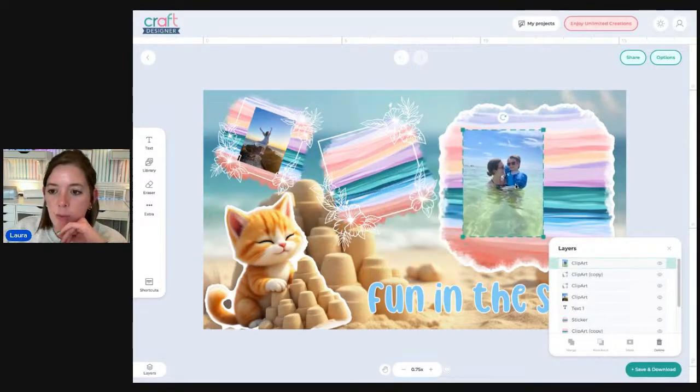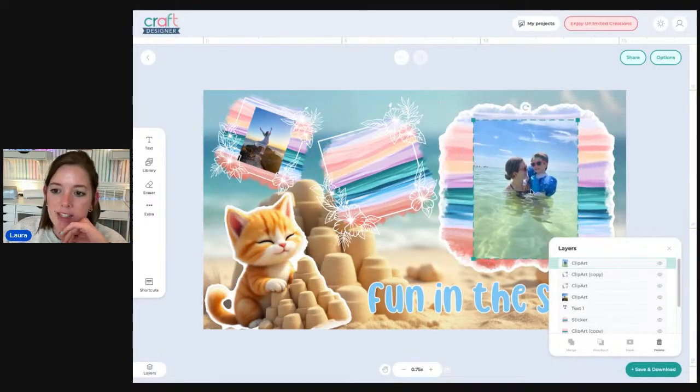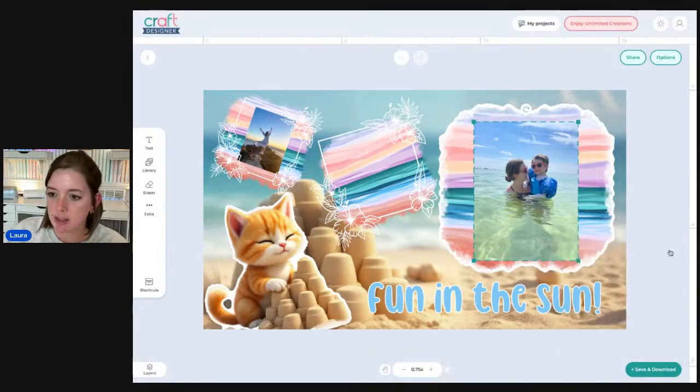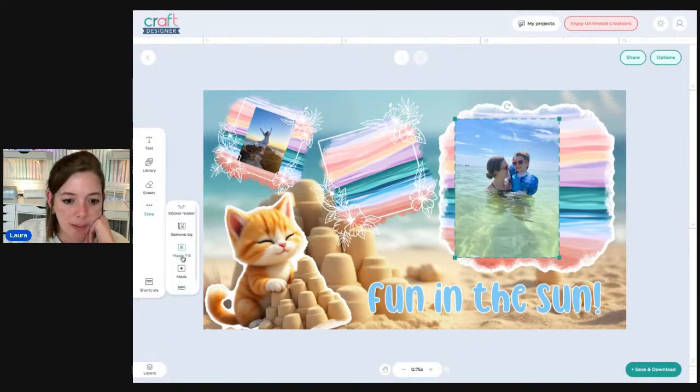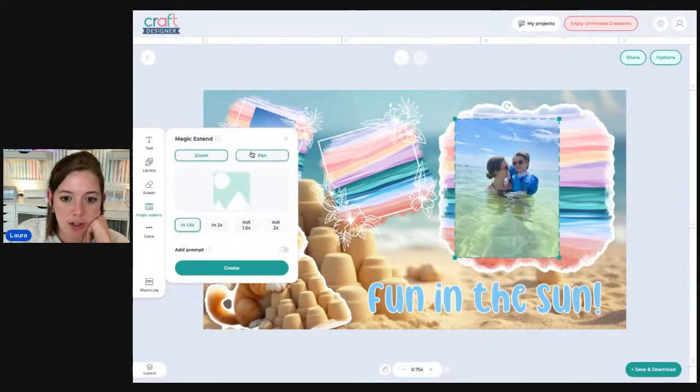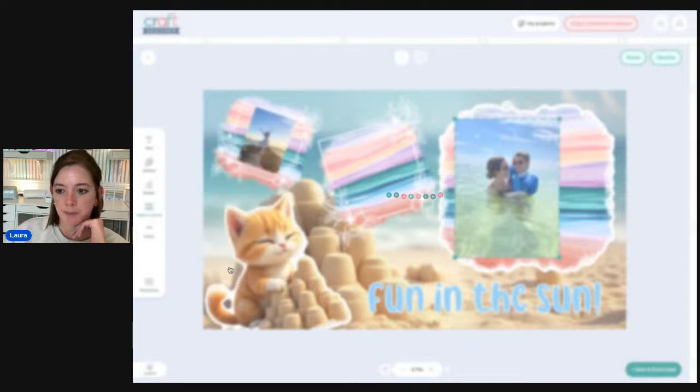Anyways, let's say I wanted this picture to go here, but it doesn't really fit, right? Because it's not the right orientation. So I love using Magic Extend on my pictures too. You could come in, you could say, I want, we'll pan to the right again.